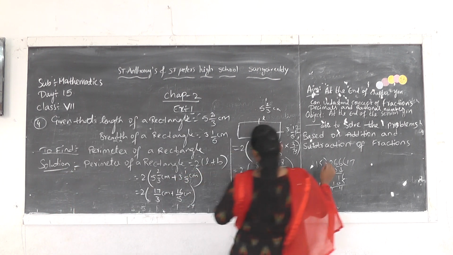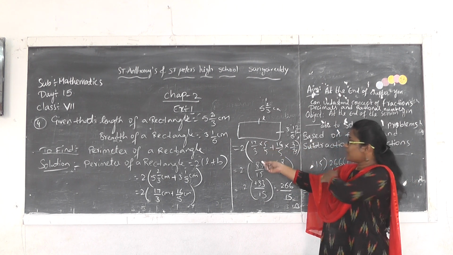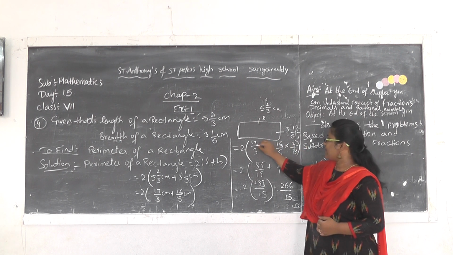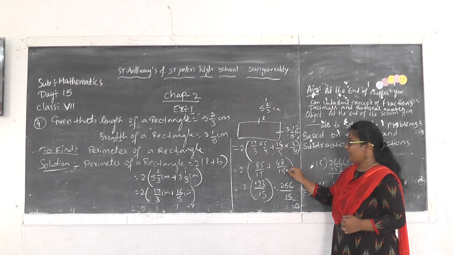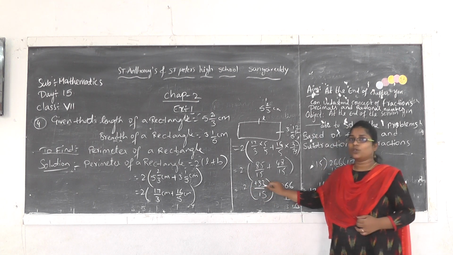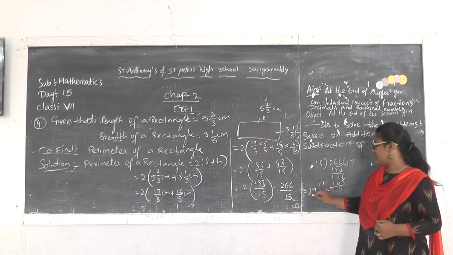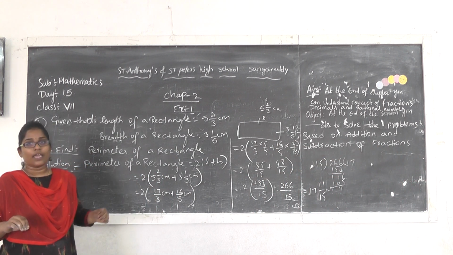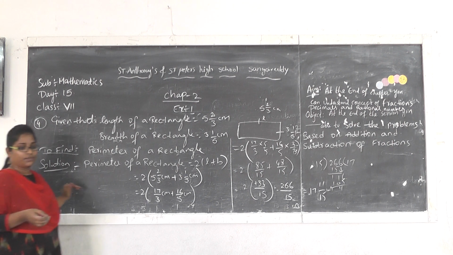Next what we have to do? Convert those unlike fractions into like fractions. 17 by 3 into 5 by 5, cross product method. What is the denominator here? 5. 5 by 5 plus 16 by 5 into 3 by 3. 17 fives are 85, 3 fives are 15. 16 threes are 48, 5 threes are 15. 85 plus 48, 133 by 15. Since here 2 is there, 2 into 133, 266 by 15. Converting this 266 by 15 into a mixed fraction is 17 11/15. Okay, up to now we solved the 4th question. Now let's move to the 5th question.